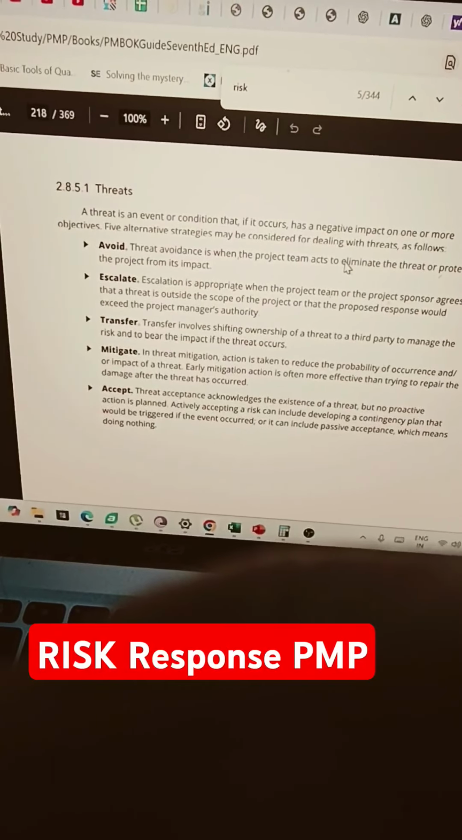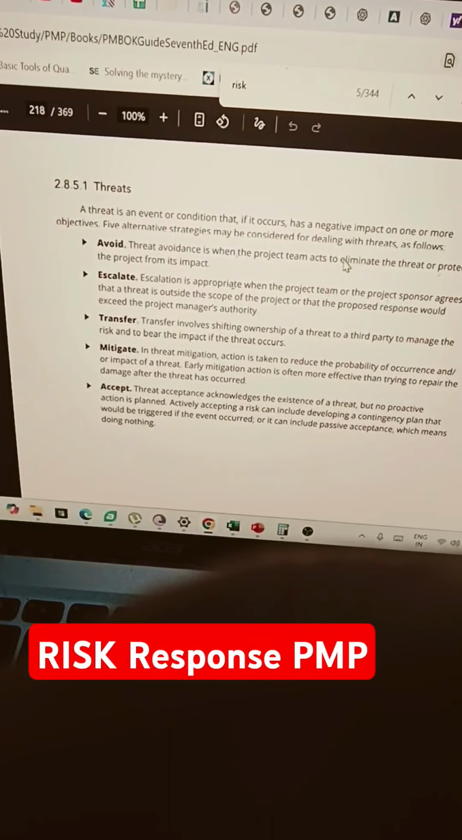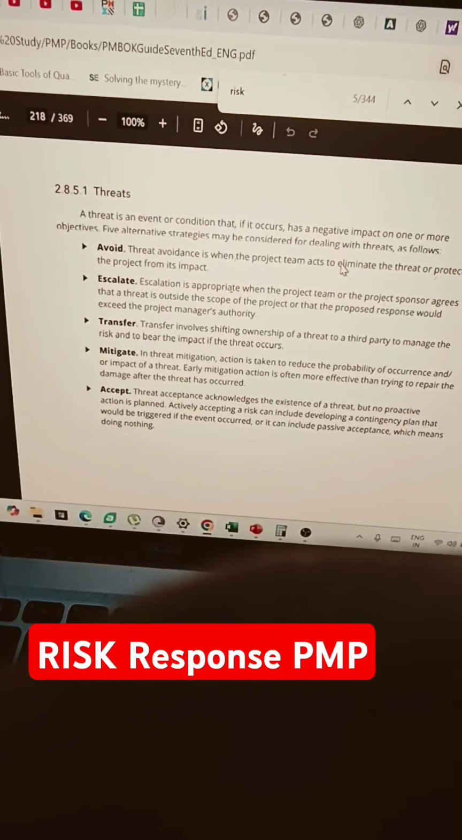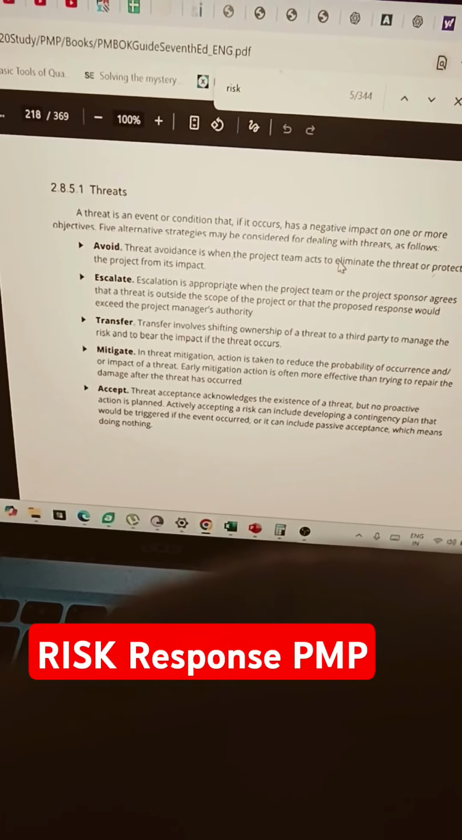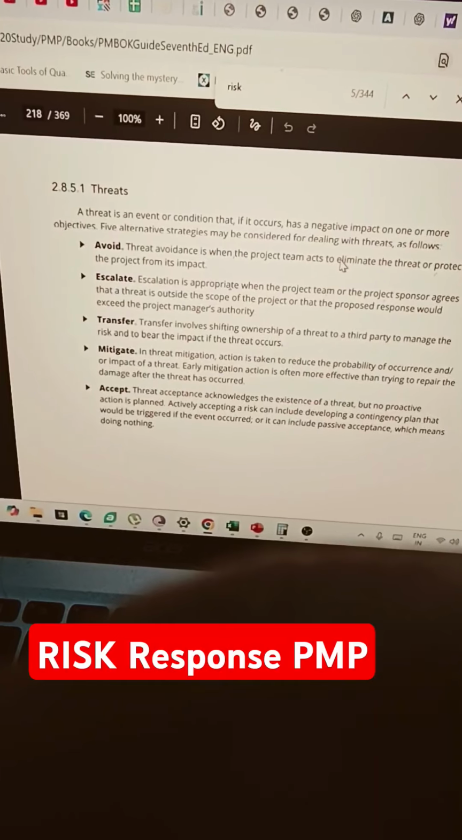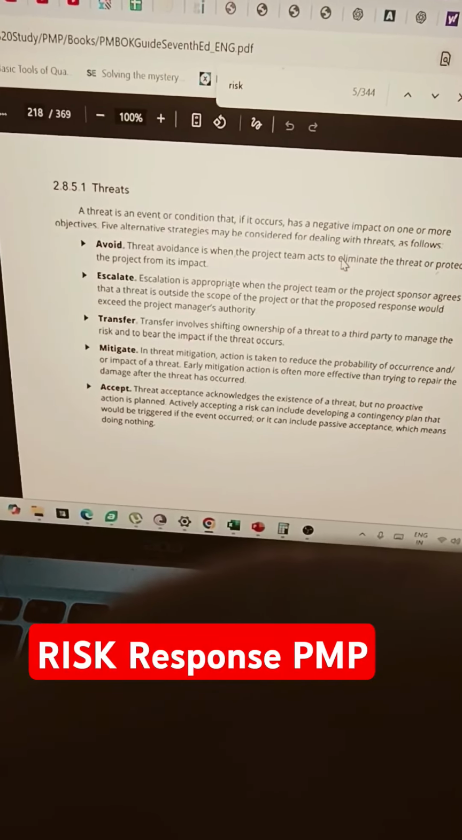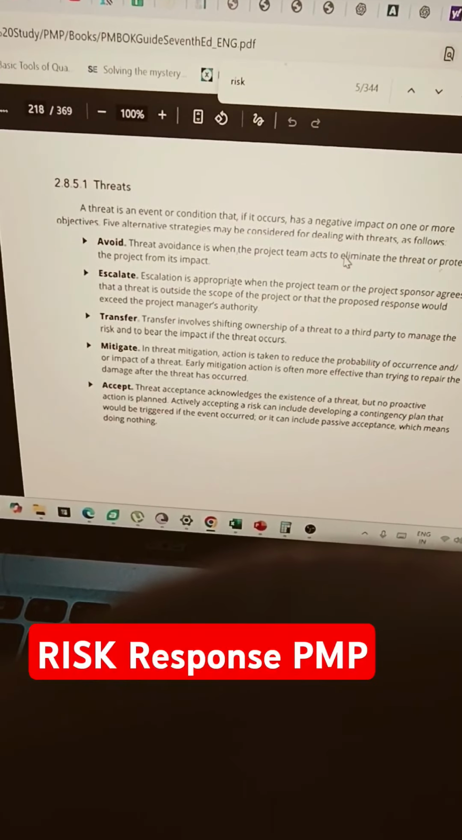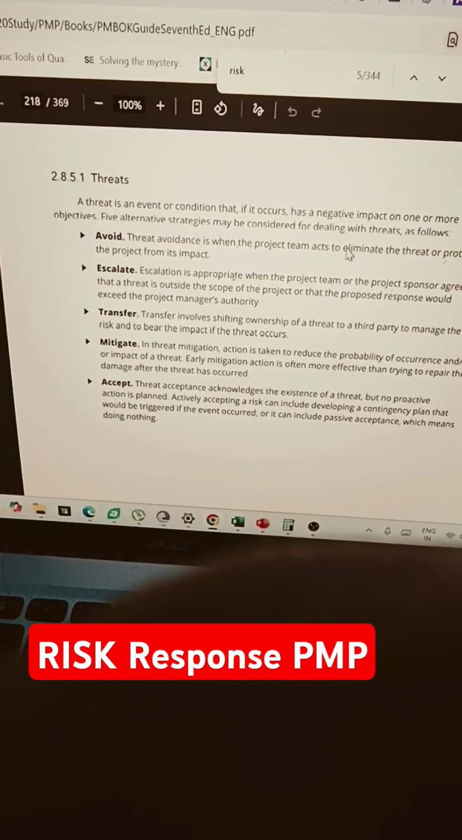The second one is escalate. Escalation is appropriate when there is a condition which is out of the hands of the project manager. For example, if the government changes any law, or there is a budget cut, or there is any situation which is out of the scope of the project manager, this needs to be escalated to a senior or the higher